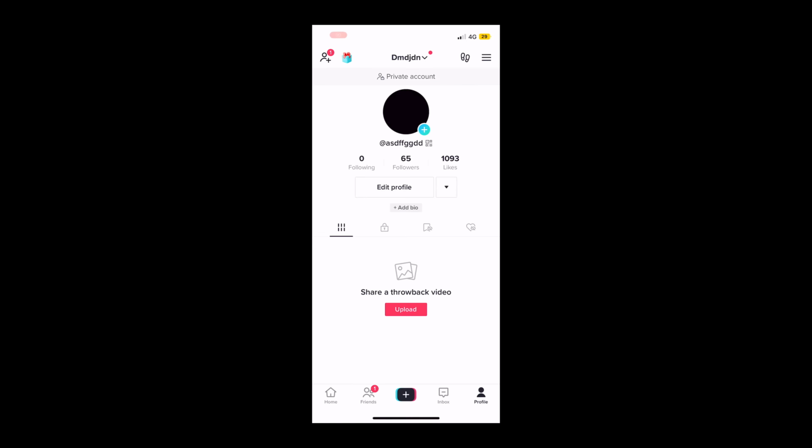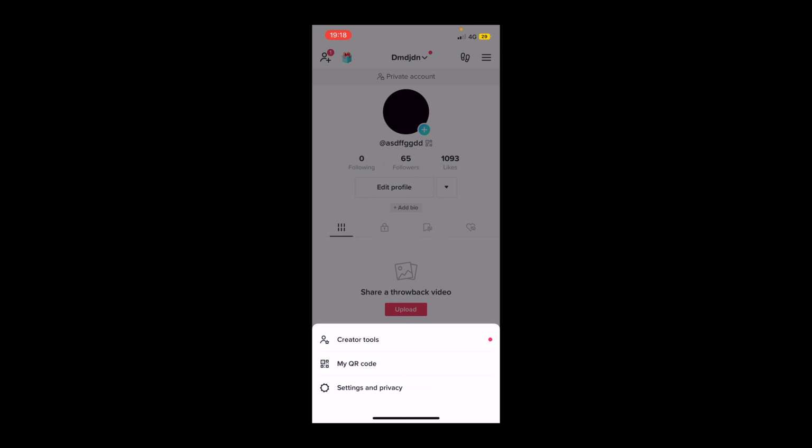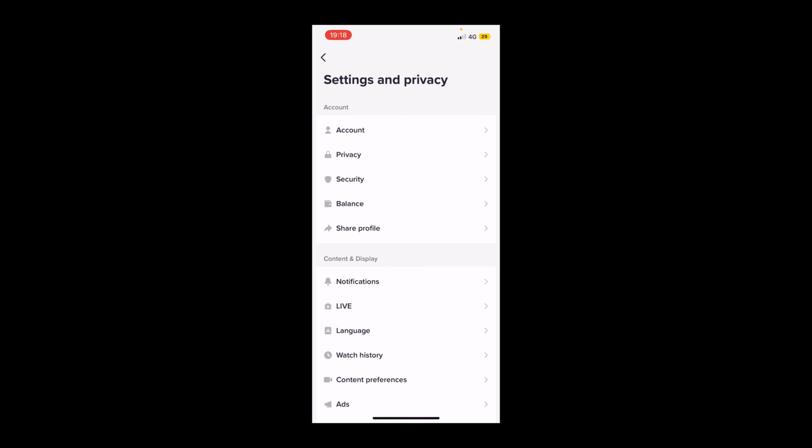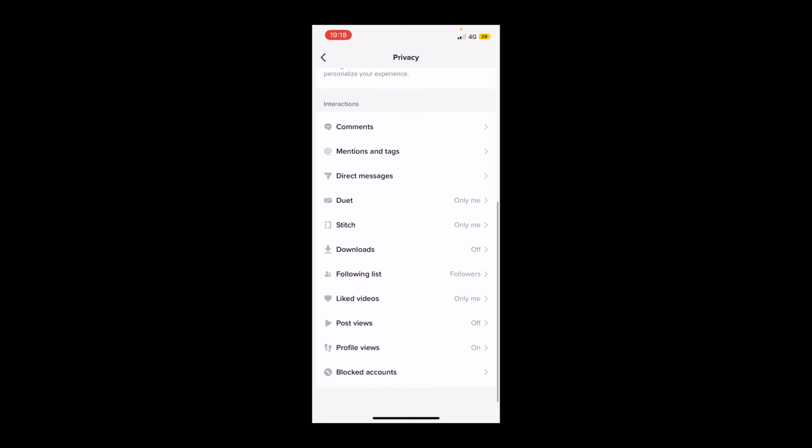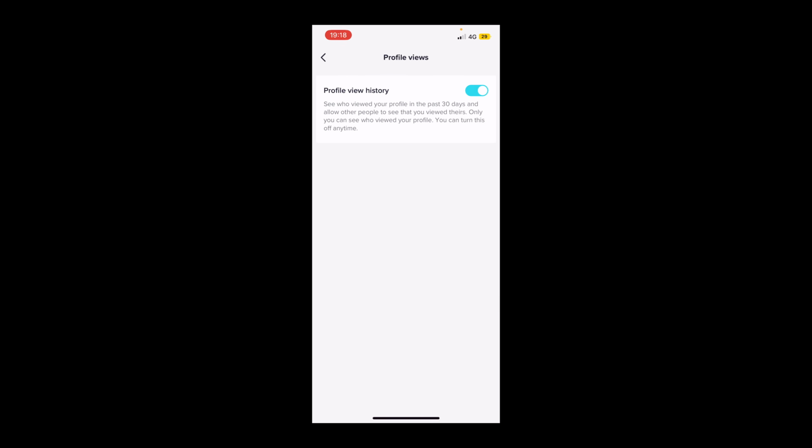To turn off profile views, you want to click on the three horizontal lines in the upper right corner, settings and privacy, profile views, and toggle that off. This means that when you view someone's profile, they will never know, but it also means that you won't know who has viewed your own profile.